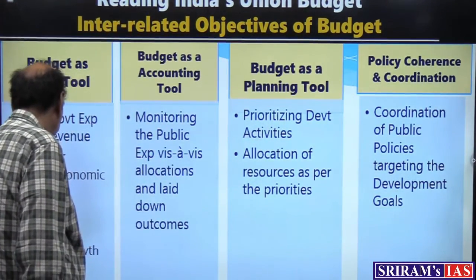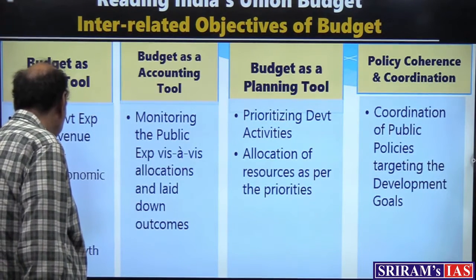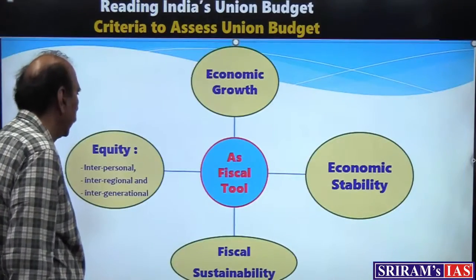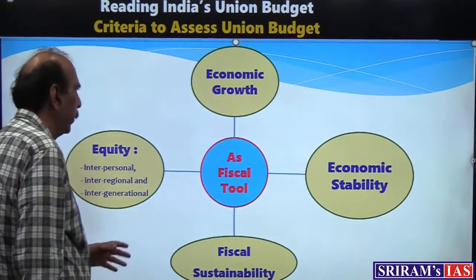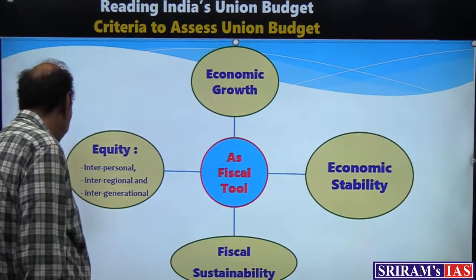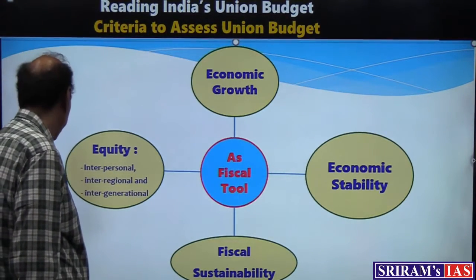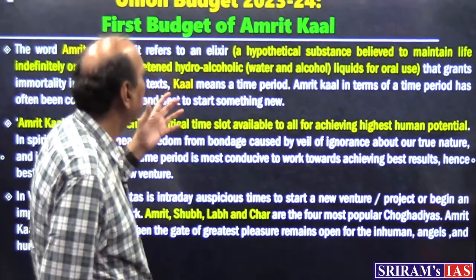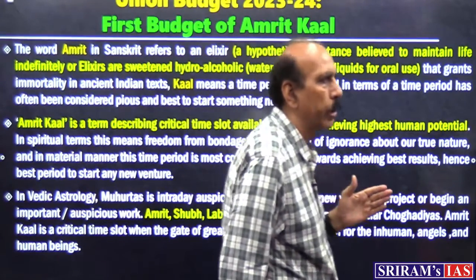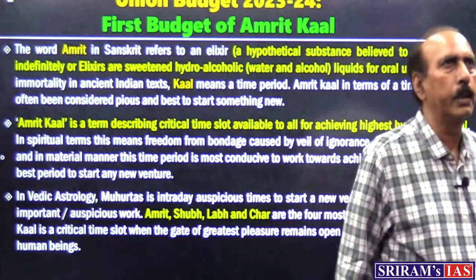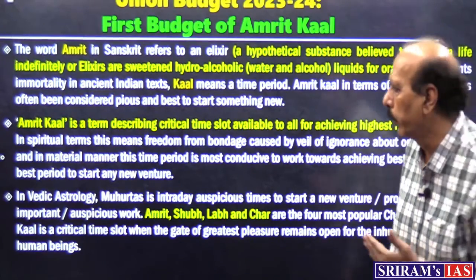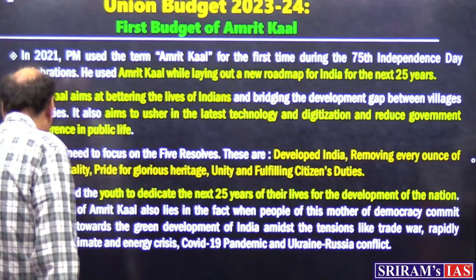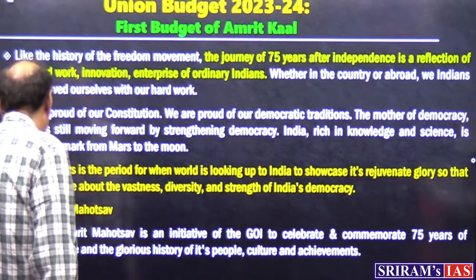Now, given this system, given the importance of the budget, the next part is obviously, as I already mentioned, that the budget as a fiscal tool is very, very important, and therefore we are coming directly to the Union Budget 23-24. But before I come to Union Budget 23-24, I should explain to you